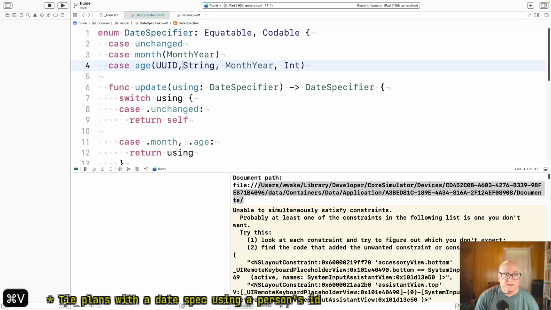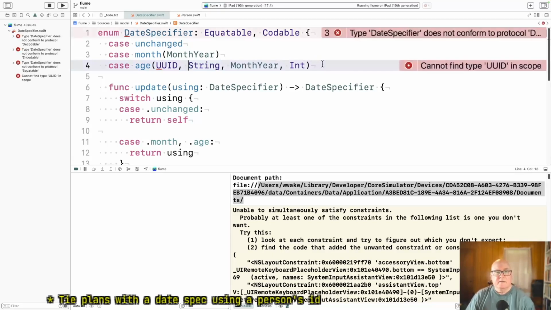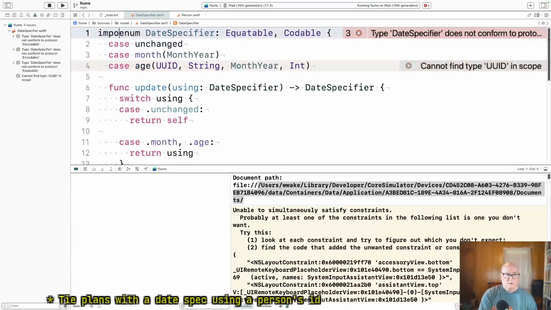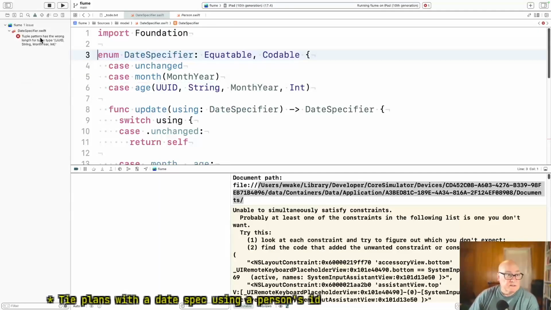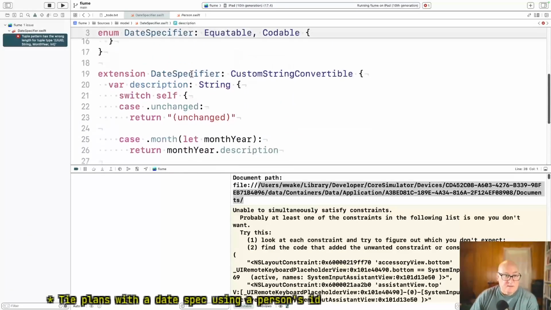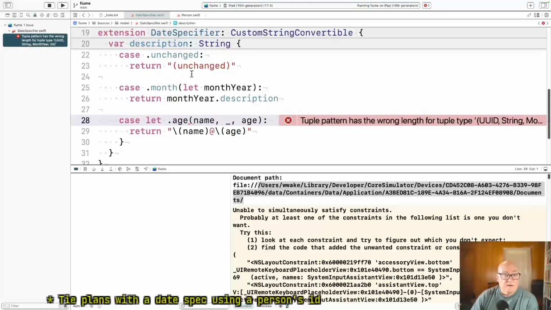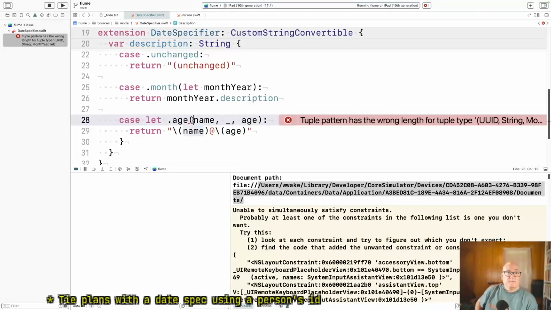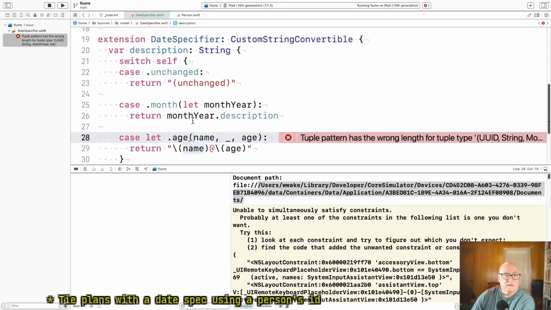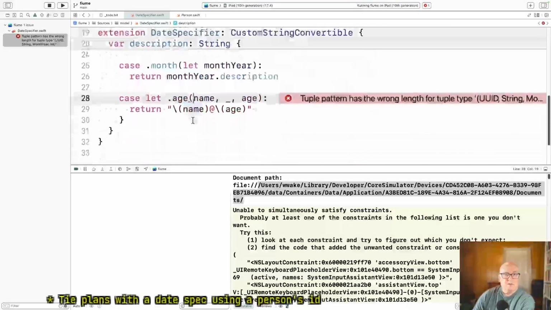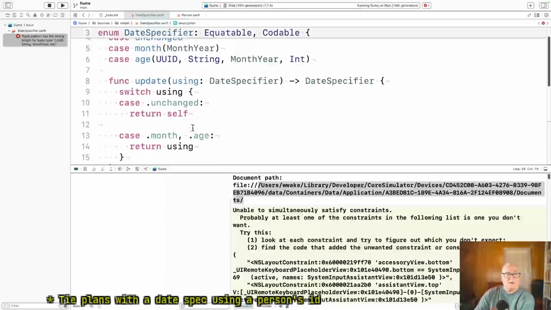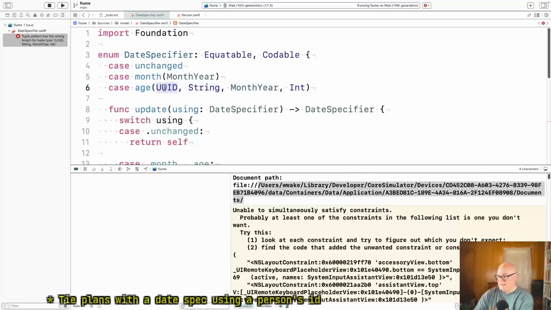I'll put it on the front. Okay. And then there's going to be places that don't match up. Okay. Date specifier. Description. Custom string convertible. Wow. Already it's like, where are we going to get this thing? How are we going to get the person object in there, you know?